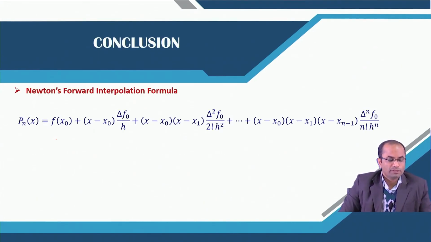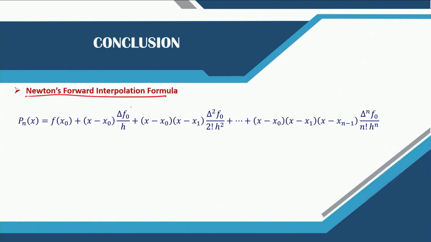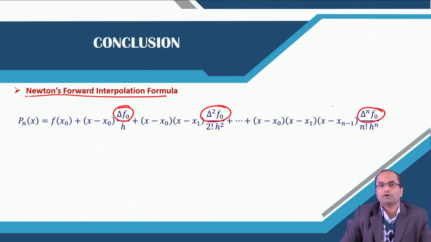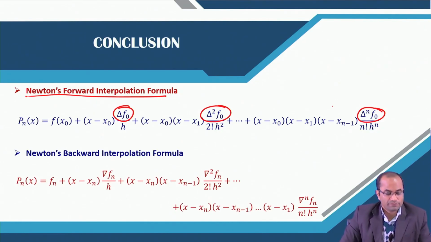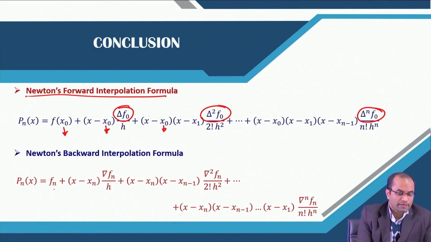Just to conclude, in this lecture we have discussed Newton's forward difference formula, which uses the forward differences delta f naught, delta 2 f naught, up to delta n f naught, and we have also discussed Newton's backward difference formula, the difference mainly being that instead of x naught, we go from the backward direction. So we take f at x n and then x minus x n, and instead of the forward we have the backward